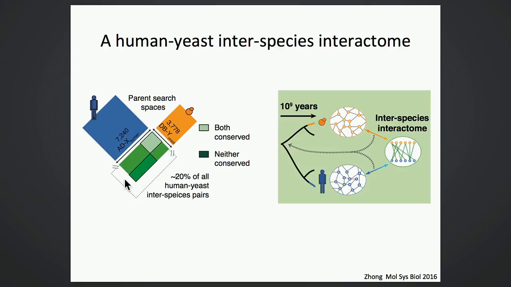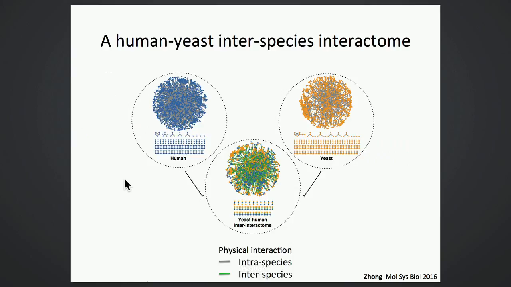We made these choices for two reasons. Number one, Mark, my postdoc advisor, wanted to find out to what extent proteins that are unrelated to each other can still physically interact. And for me, I was always curious to what extent a functional homolog lacking sequence similarity could be detected in this kind of screen. To summarize the story short, we came up with the interspecies network that is hardly distinguishable from the intraspecies human-human and yeast networks.